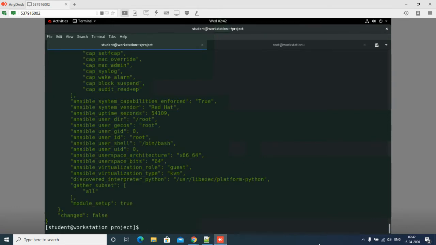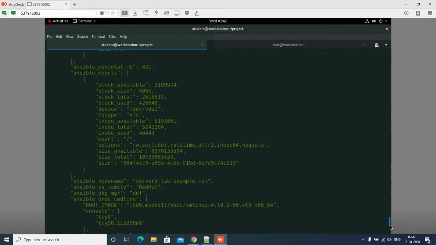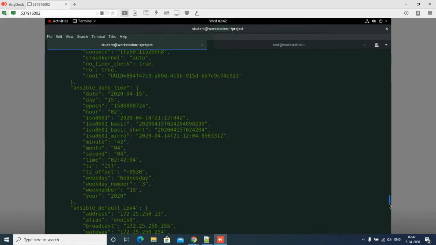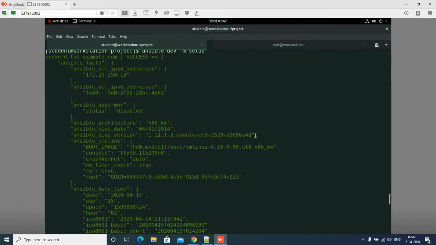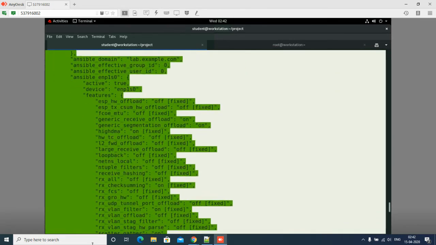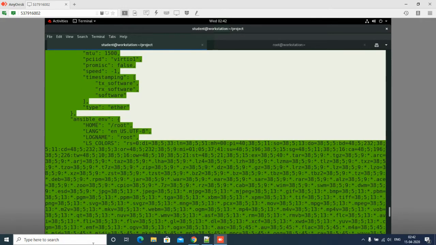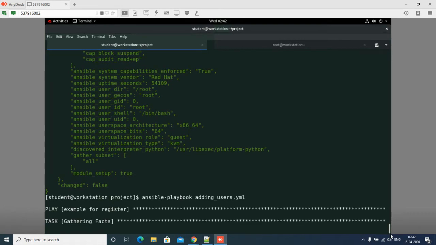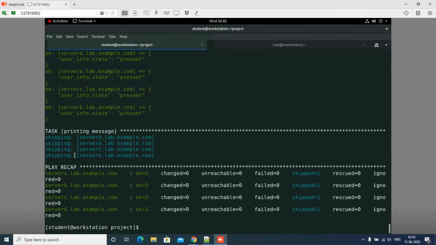This setup will generate all the Ansible facts that are generated at the time of the play. When running the playbook, the first thing they do is generate these facts, and I can use these facts inside my playbook to do my task. These are the predefined variables of my managed node which I can use in my playbook. If you check, I will run one playbook to show you that it shows gathering facts. I will go a little bit up here.